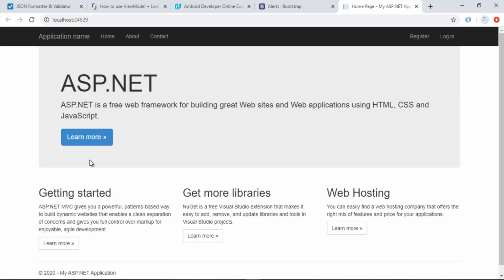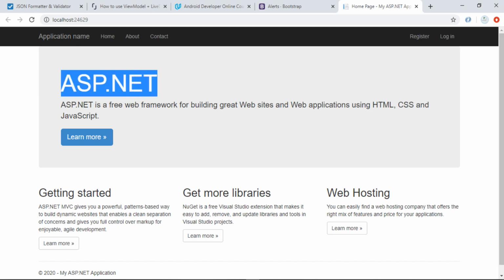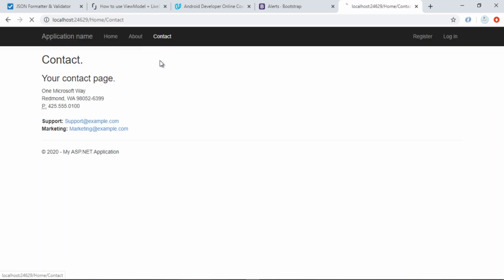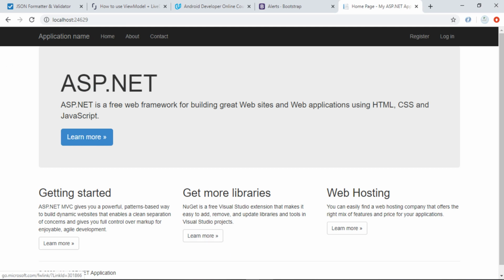So you can see the application has been loaded, and as an ASP.NET MVC developer, you know this is the master page, which will render the controller section. Just like we have different action methods like contact and index, we have a home view, about view and contact view. These are all the controller action methods which will render in the master layout. So what is the master layout?